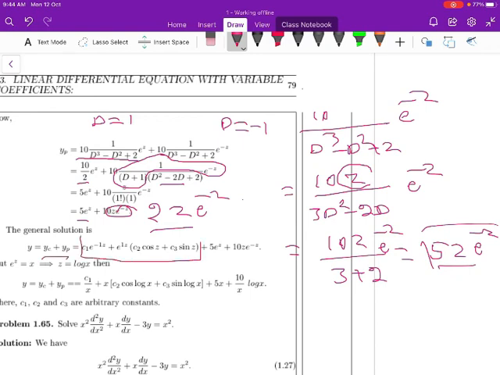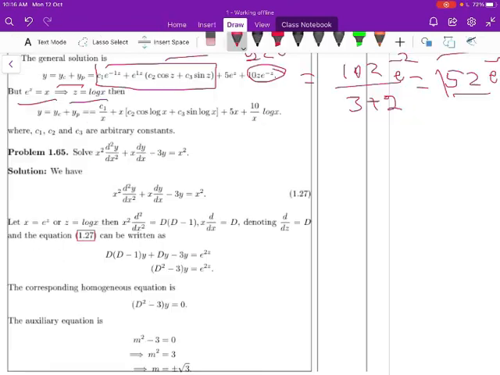Therefore, the general solution is yc plus yp. yc is the first part, and yp is 5 into e power z plus 2z e power minus z. But e power z is equal to x here and z equal to log x, so the above equation becomes c1 by x, e power minus z is 1 by x, plus e power z is x, x into c2 cos of log x, where z is equal to log x, plus c3 into sin of log x, plus 5 into e power z is x here, plus 10 by x, e power minus z.